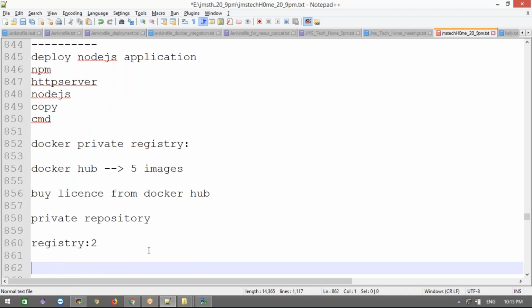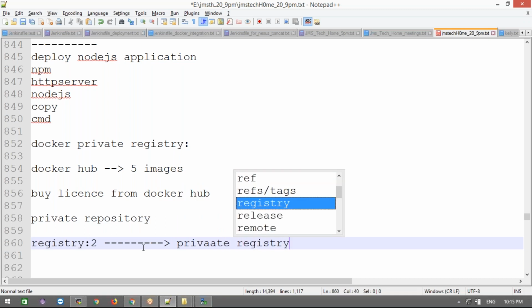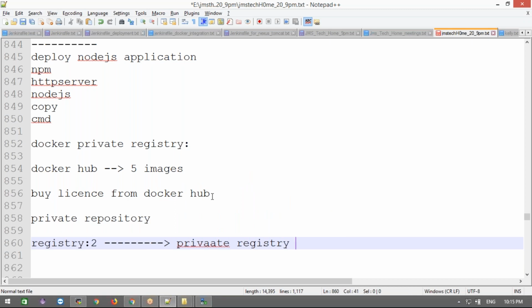This is a private registry, meaning a private repository. We call it a registry only, a private registry for storing Docker images.